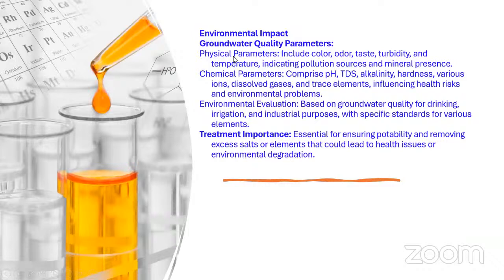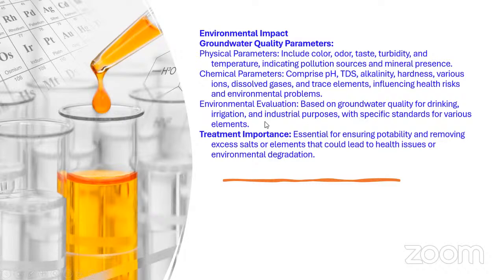And you can observe here also, physical parameters include color, odor, taste, turbidity, and temperature, indicating pollution sources and mineral presence. And chemical parameters comprise pH, TDS, alkalinity, hardness, various ions, dissolved gases, and trace elements influencing the health risks and environmental problems. And environmental evaluations are based on groundwater quality for drinking, irrigation, and industrial purposes with specific standards